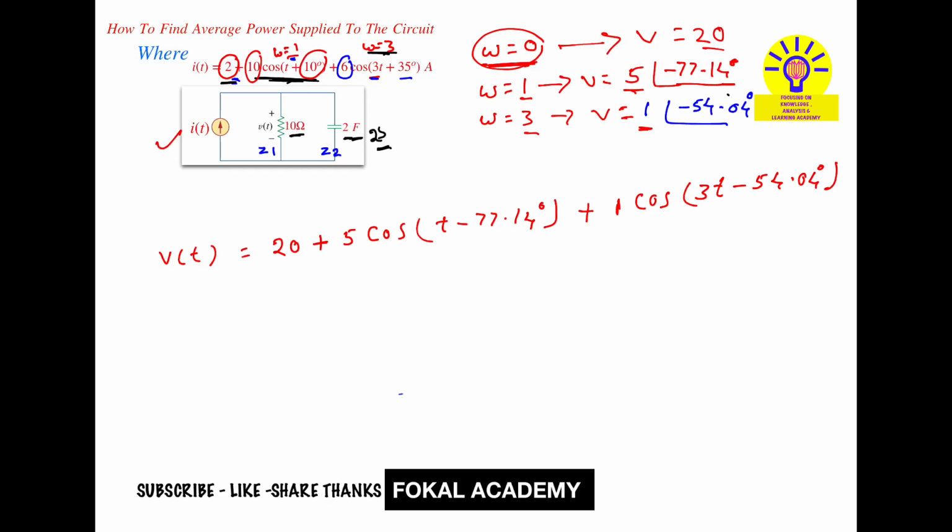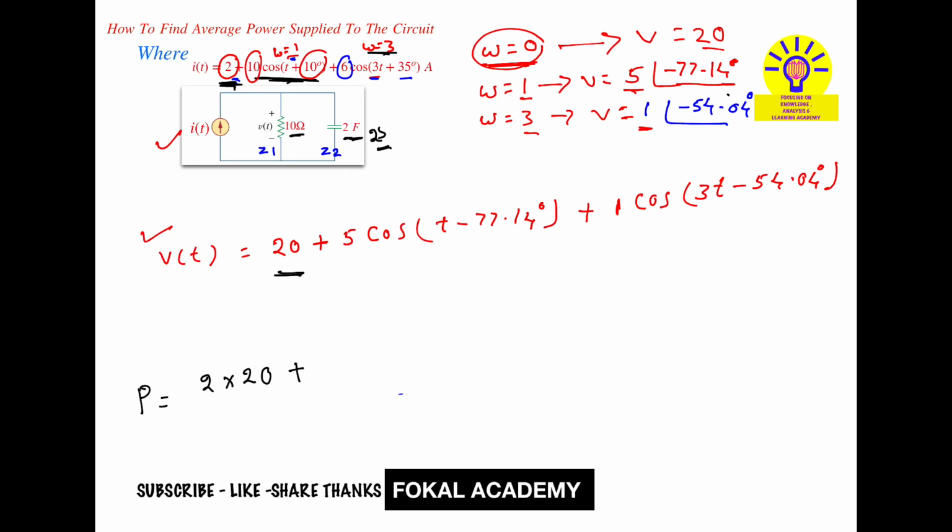Now we have current and voltage. Now how can we find the average power? Now we can easily find average power because we have voltage. So let's see here how can we find the average power. Average power P equal to, first of all, take the product of the corresponding DC voltage and DC current, that is 2 into 20,